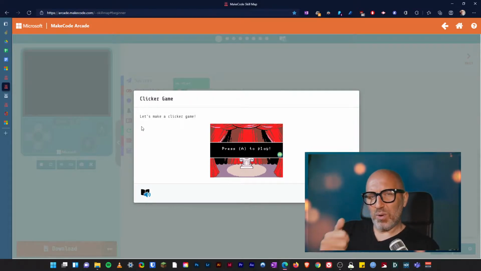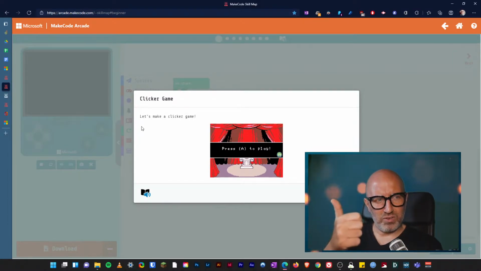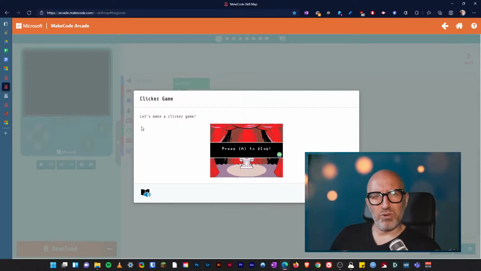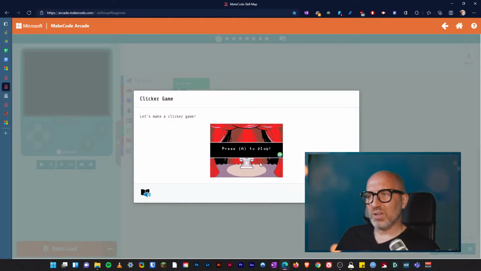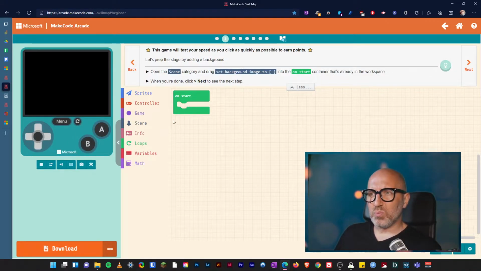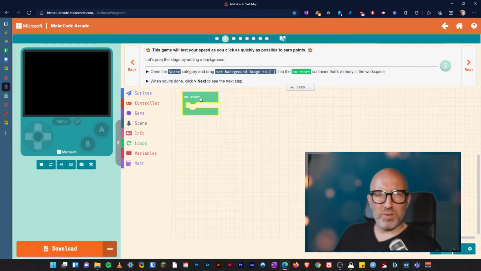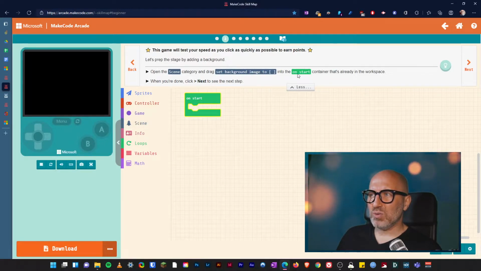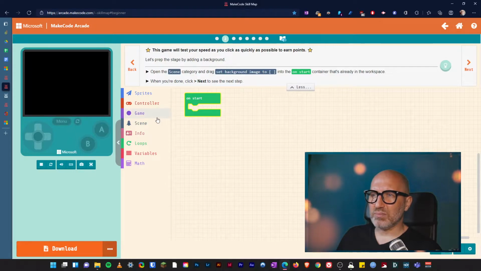The way they introduced us last time to the A button was by moving the text around and giving a control across the text. Here we are going to use animation as well on the A button. So as before, we have got a start container, which is our beginner workspace, and we're going to go to scene and then grab a set background image 2 and into the start container. Okay, and then we hit next,